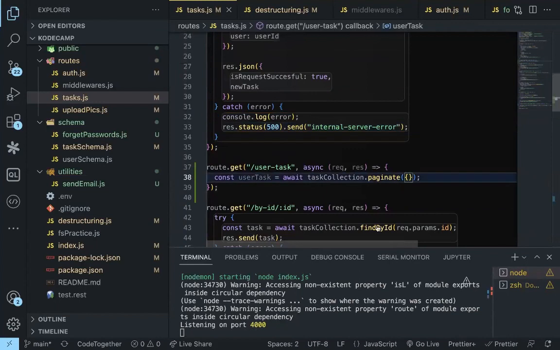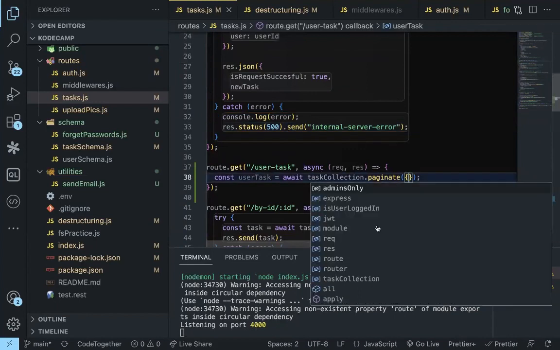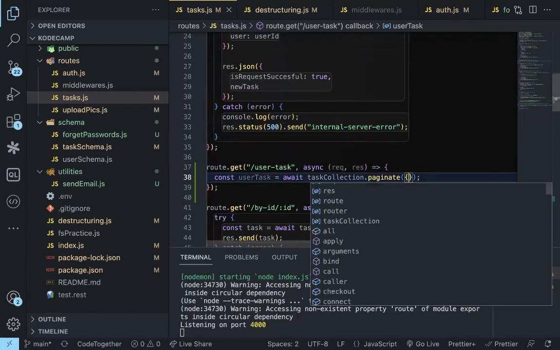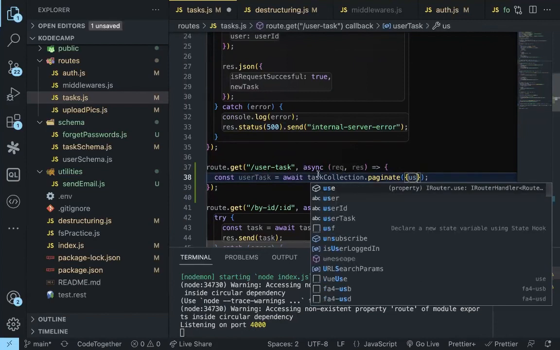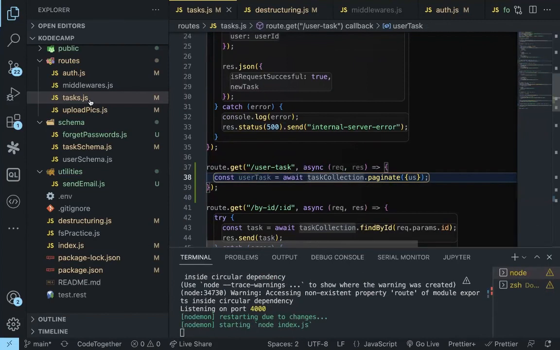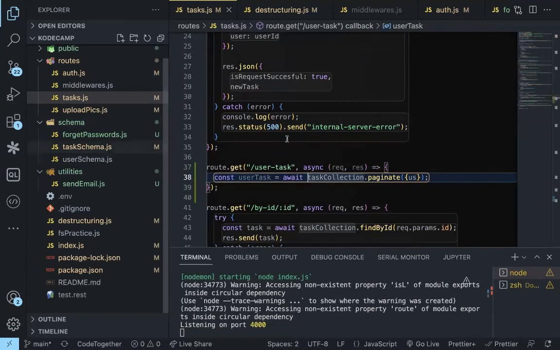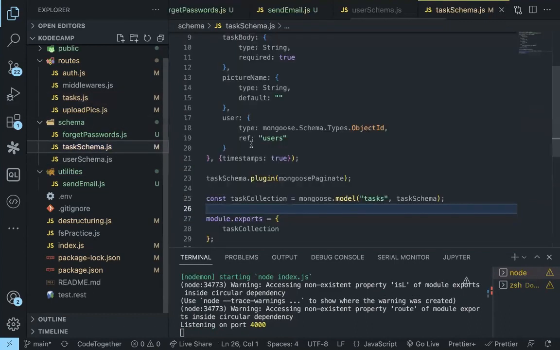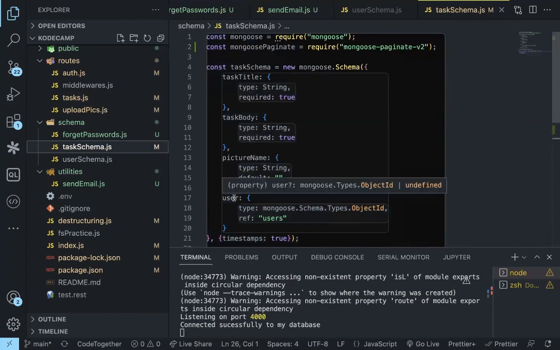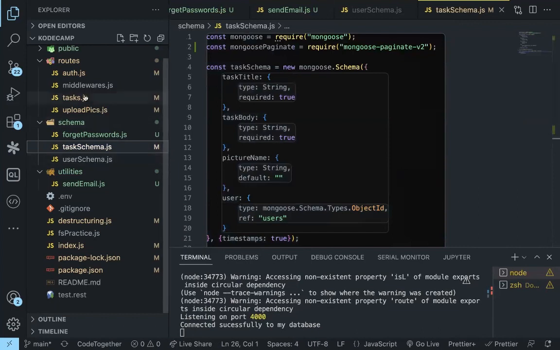Let me see, what's the user ID? I think it's user ID. Let me check the task collection to be sure. So the task schema, okay. It's user, not user ID. So where is the user? Where the user,